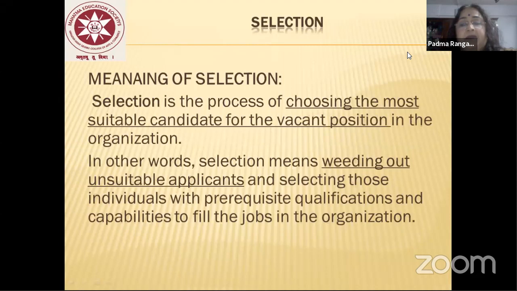Weeding out मतलब क्या? जब आप एडवर्टाइजमेंट देते हो तो इतने सारे एप्लीकेशन को आप सिलेक्ट नहीं करेंगे। बहुत सारे एप्लीकेशंस में अनवांटेड कैंडिडेट्स आएंगे, ऐसे ही लोग अप्लाई करते हैं। वो लोग एलिजिबल नहीं होते हैं। आपको 5 साल का एक्सपीरियंस चाहिए तो 3 साल वाला भी आएगा, 0 एक्सपीरियंस वाला भी अप्लाई करेगा। तो उन सबको हटाने का काम और सिर्फ जो करेक्ट एप्लीकेशन हैं उनको सेलेक्ट करना, ये सिलेक्शन का काम है।